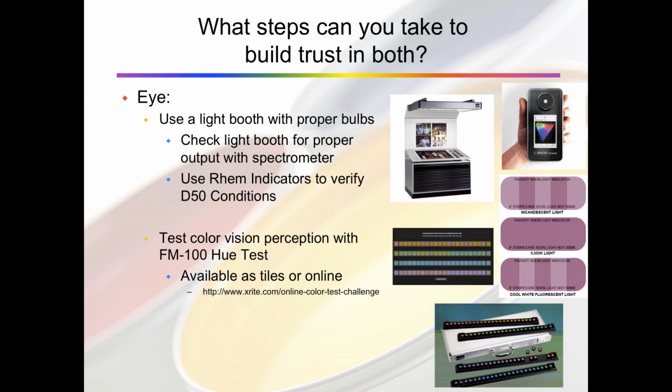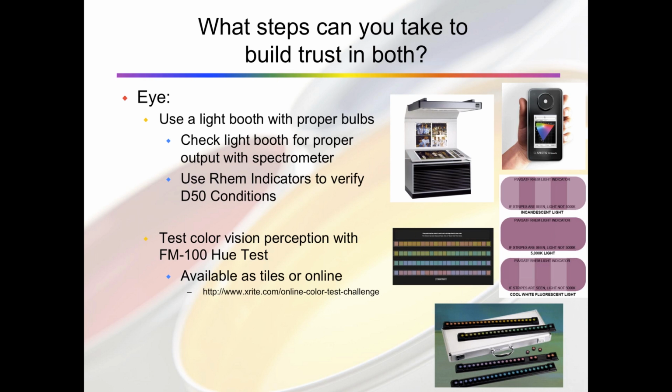What you see just to the right of that text is a digital representation of that tile test. So on your computer, you can arrange those tiles in order, and it'll give you a grade as to what it believes your color vision to be. Now, of the reliability of these, I would say the online one probably has the least reliability because it is subject to the way your monitor displays those colors and the color gamut of your monitor, but it's a good starting point.